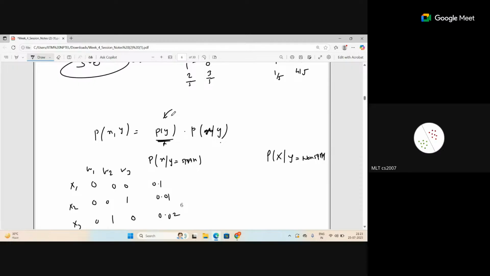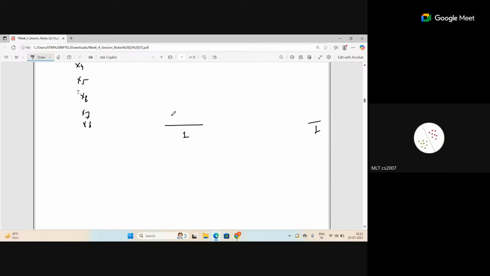Now, when I say probability of Y, whether it is spam or non-spam, we have decided that it will have one parameter. What is that parameter? P, the Bernoulli P distribution, the probability of success. So if I want to estimate the parameters, in this case how many parameters do I need to estimate in total? One parameter is for the label, whether it's spam or non-spam.